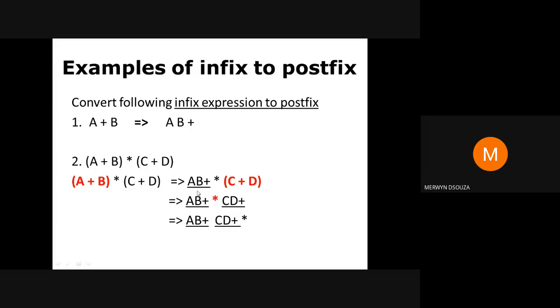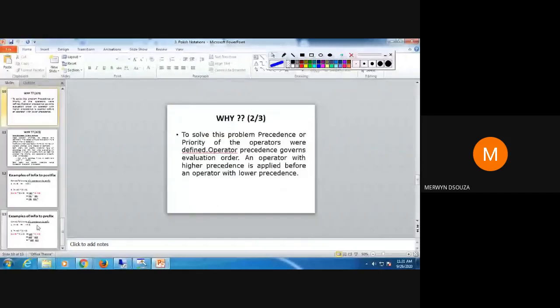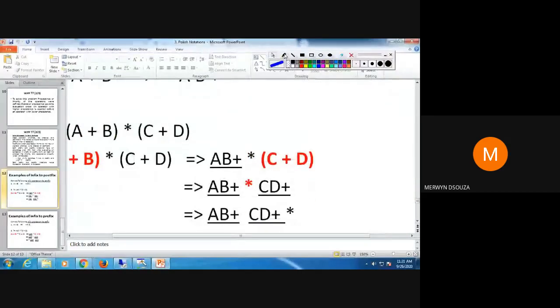Next I solve this. Now this entire thing is taken as one. So I'll just zoom in and tell you. Now this entire thing is taken as one variable, so maybe you can assume that as Z. Z equal to AB plus. I'm just doing it like this. You need not solve it like this. You can do it directly the way I've shown you on the slide.